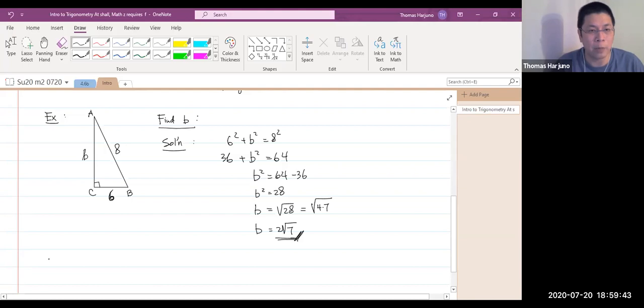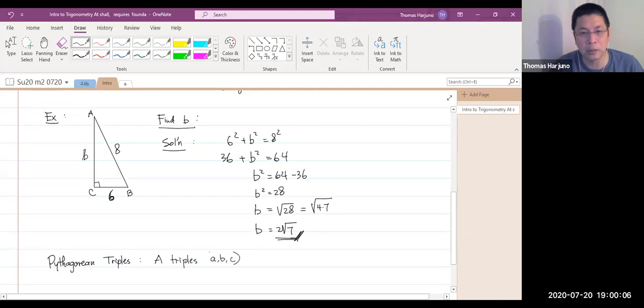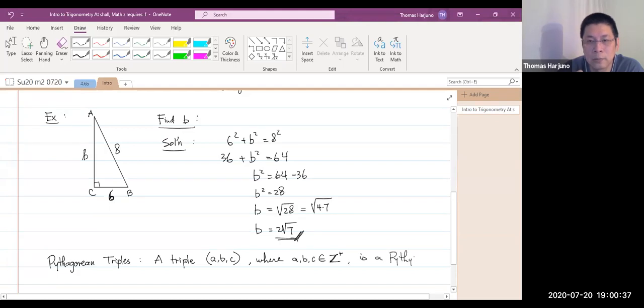Now, how about Pythagorean triples? A triple A, B, C where A, B, and C are all integers, and of course positive integers, is a Pythagorean triple